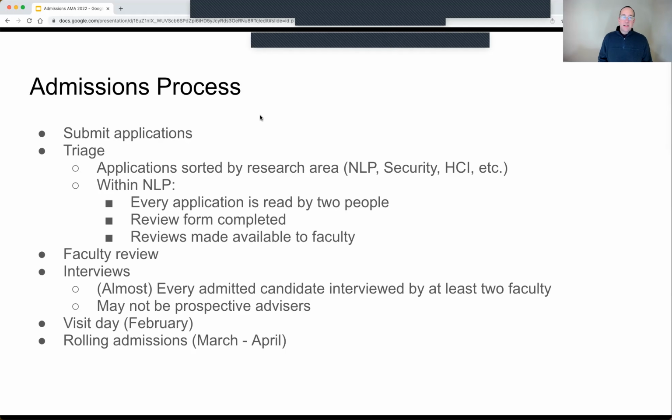And what that means is when you come, you do not have an offer from us. Instead, we want to meet you in person and interview you in person to decide whether or not you're going to get an offer. After that, we start to make offers in about March, and we do use a rolling admissions process. So what that means is that we will make a batch of offers initially.